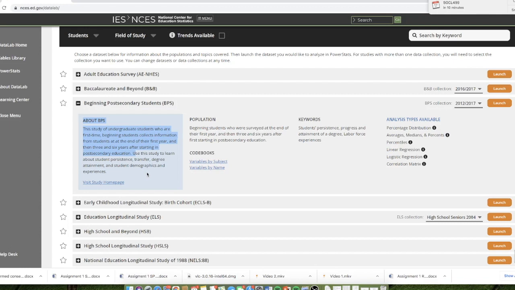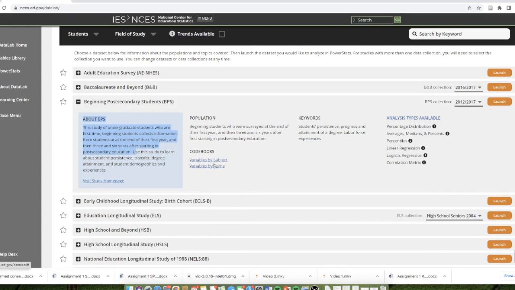So year 6 being presumably when they will have graduated. So I can tell you that that's kind of underselling what's actually in this data set. Quite a lot more is in that data set, including things like transcript information, demographic information, job outcomes. And so really to get into the nitty-gritty about what is in any given data set, you definitely want to go into the codebook. So you can look at a codebook and look at the individual variables by subject and by name. So if you go to, let's do subject,